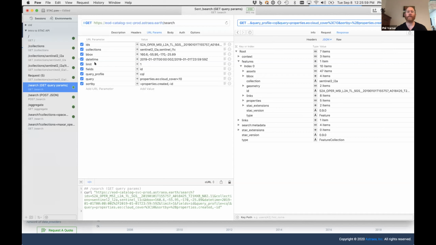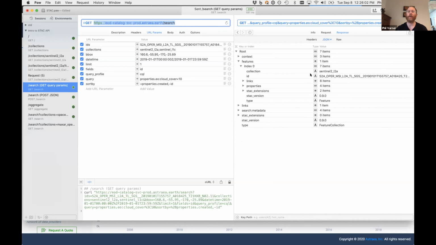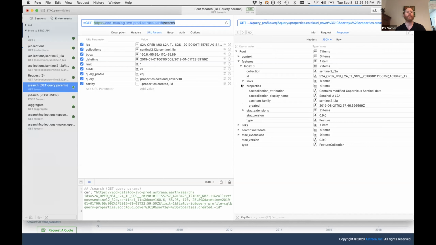But I say, actually, all I want is the ID field, and I only get that, maybe a few other things that are sort of relevant, like links. That's sort of up to the implementer as to what they actually want to return. But usually the intention is that it'll only be a small number of things. Yeah, so then the power of being able to query is pretty robust with the bounding box and the date